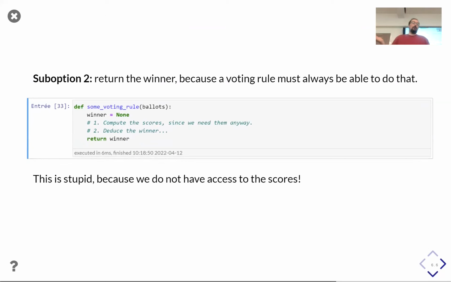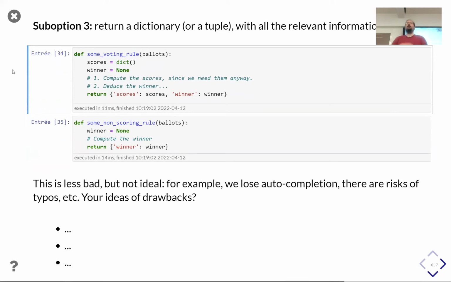So the second option would be to return the winner. If I implement, for example, a scoring rule that way, internally in my function I compute the score, then I deduce the winner, and I return the winner. But it's stupid because I lost the scores, whereas I computed them and I don't have access to them. So of course, I can return a composite output, like a dictionary, for example: if I have a score, I put score in the dictionary.